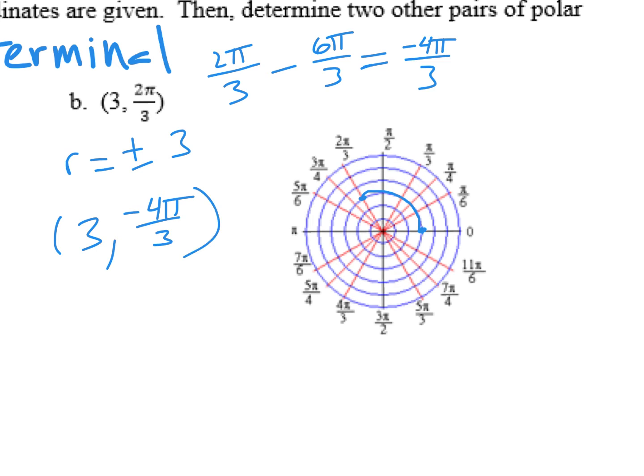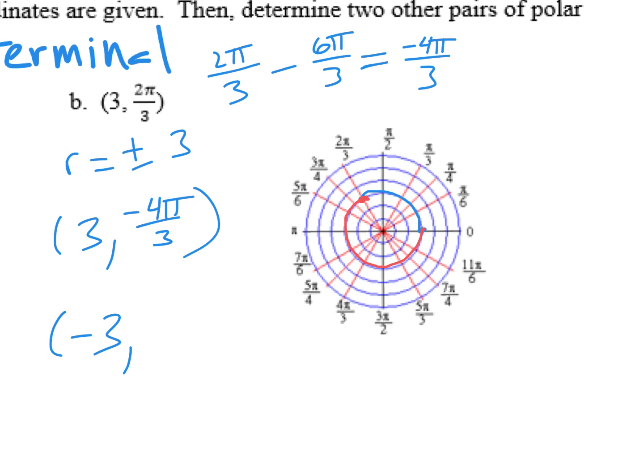That would describe the same spot. Basically, all that's saying is start here, and the way it works out with the coterminal is you go angle-wise that way to get to the same location. The coterminal thing works if you leave r the same. That's a really big thing. So r the same meaning it's 3. I'll give you one more,